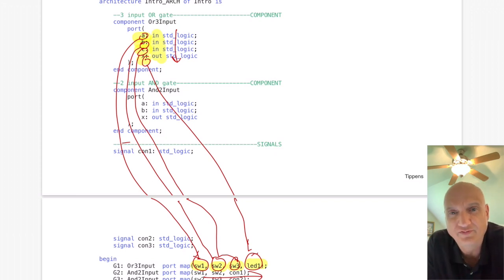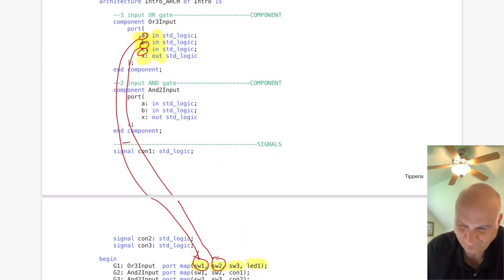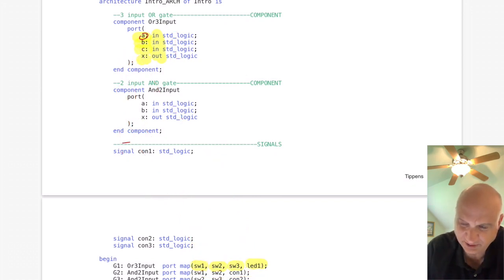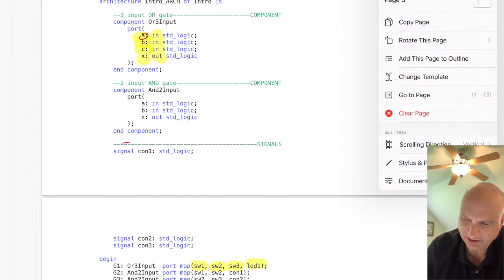And we have another way of doing this, and it's called named association. We're going to see that later, but that's pretty much what's going on in this particular example. Okay, so that's how you declare things. Let's go take a look